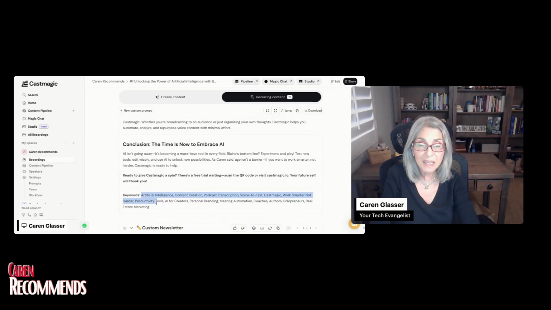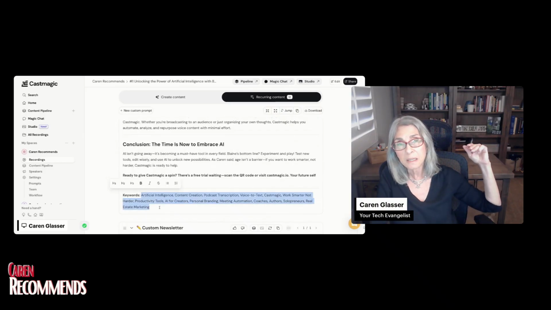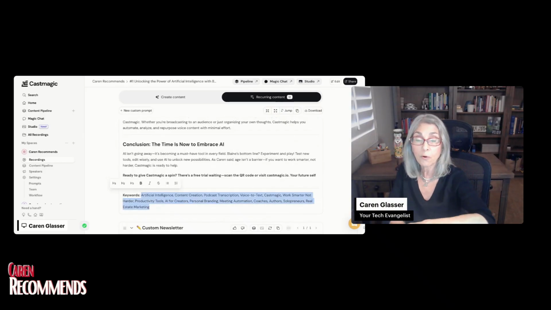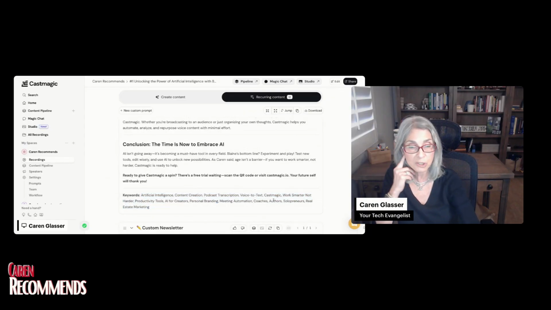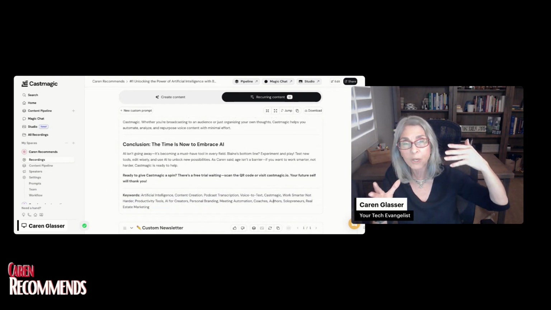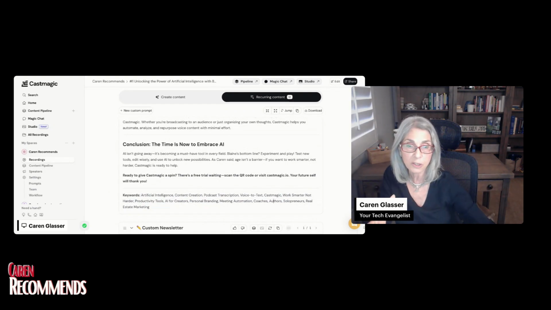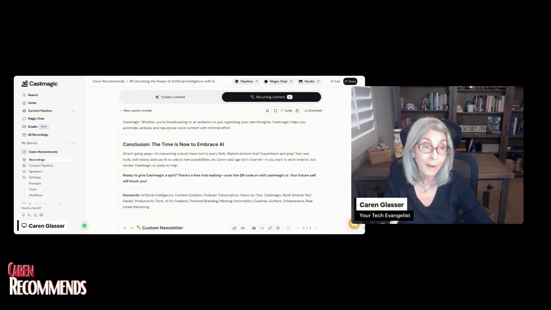is put the keywords in so that when the search engines are searching for what you are talking about, they're going to find you. If you don't put keywords in your blog post, and I don't mean just in the blog post, I mean the actual, when you're actually creating these blogs on your platform, whether it's WordPress or Webflow,